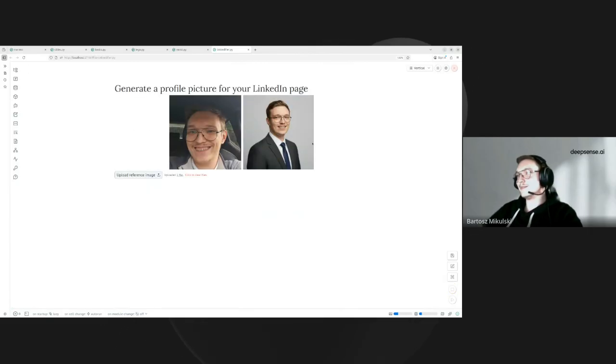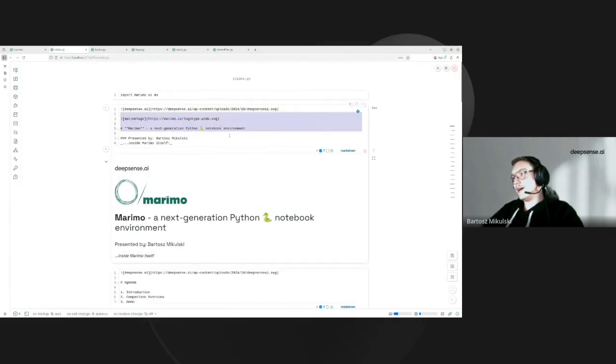Right. So totally not me. I like the chiseled jaw, by the way, that it gave me. Maybe I need to have some surgery then, but maybe that will be me in the future. But aside from that, yeah, you can have async code inside your notebooks too. And going back to the slides,